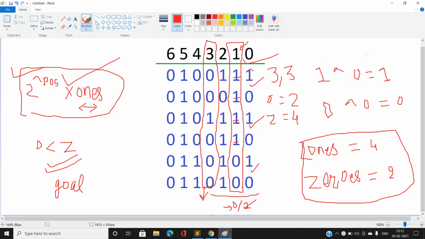Then the number of ones will be 3 and the number of zeros will be 3, because 1 will remain 1 and zeros will remain 0. And also if we take k as 1, all the 1s become zeros and all the zeros become ones, then also the number of ones and zeros will be the same, because the counts are swapped.